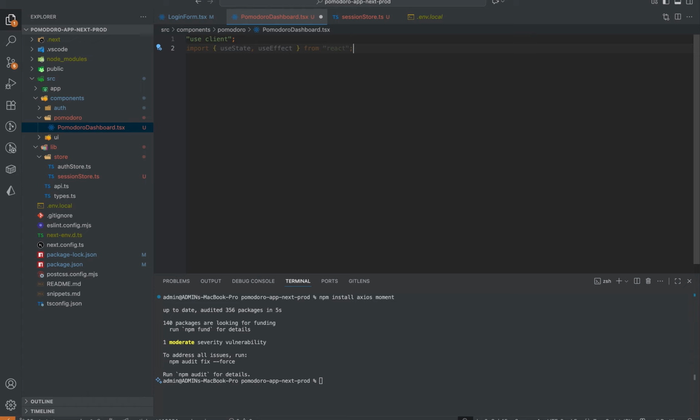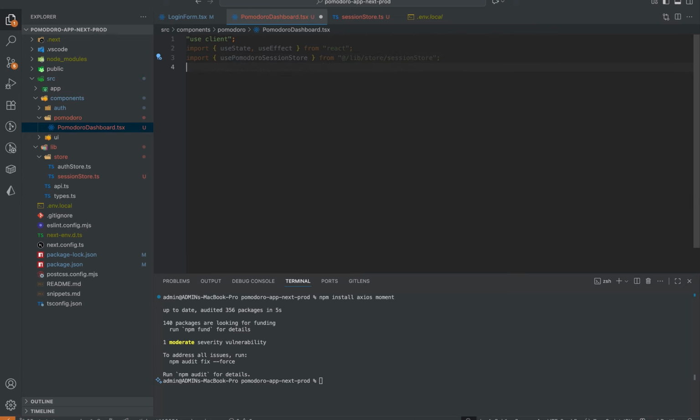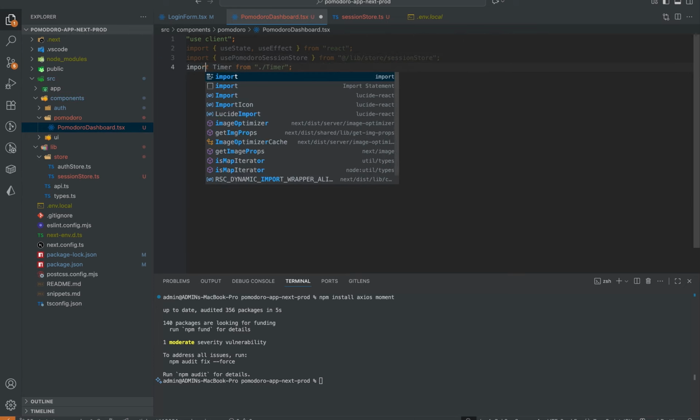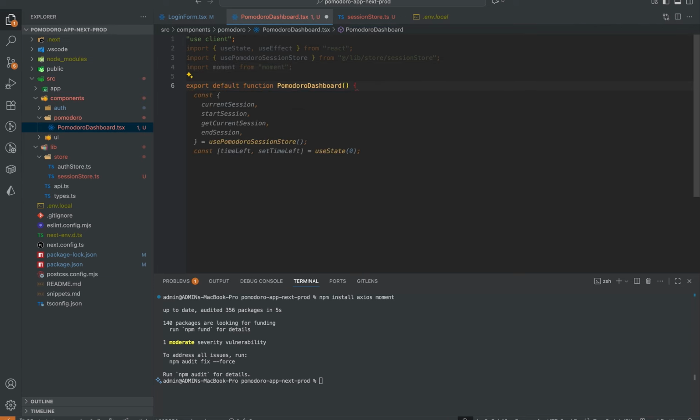Let's implement the Pomodoro session. Here we need to use the current session store. I'll call it use Pomodoro session store. We need to import moment.js. We're gonna use that library to format the date, and it's gonna return the function. What we are doing here,